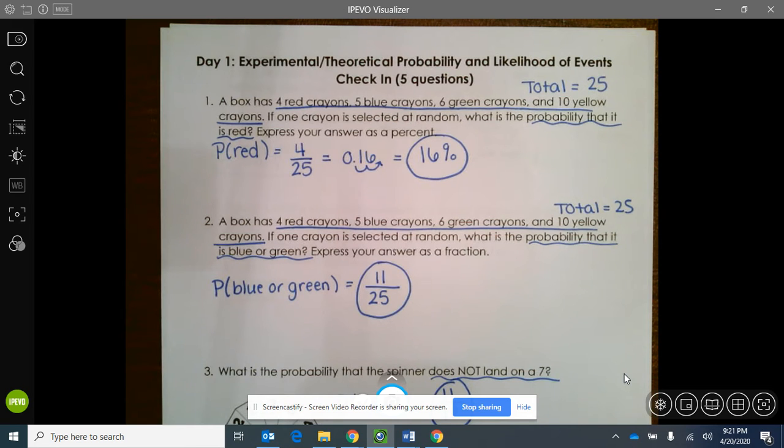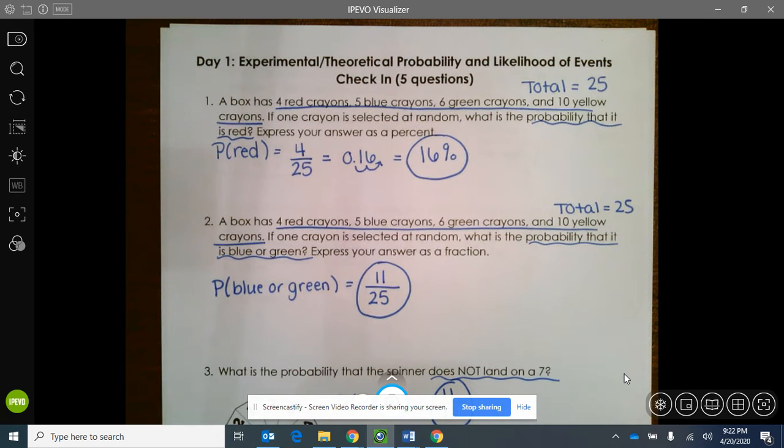Hi everyone, so we're going to take a little bit of time and go over the check-in that you just completed, the 5-question Google form on experimental and theoretical probability. So I'm going to break this down into 2 parts. The first video is going to go over questions 1 through 3, and the second video will go over questions